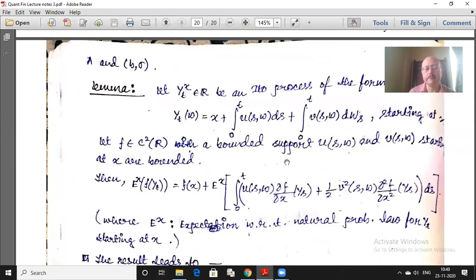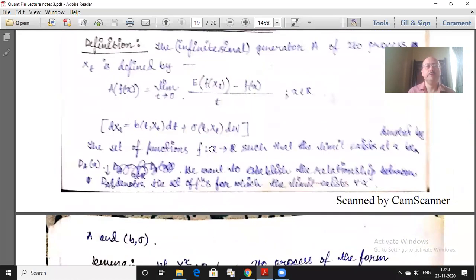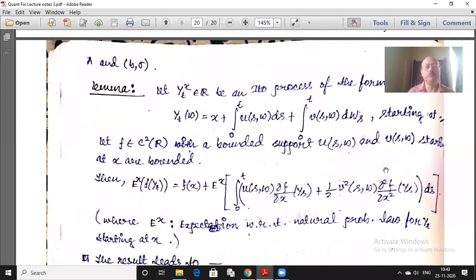So here is a result. This result is again an application of Ito's lemma, where we want to understand how the existence of this generator can be related to the form of the generator. Of course, knowing that it exists is very well and good, but usually,